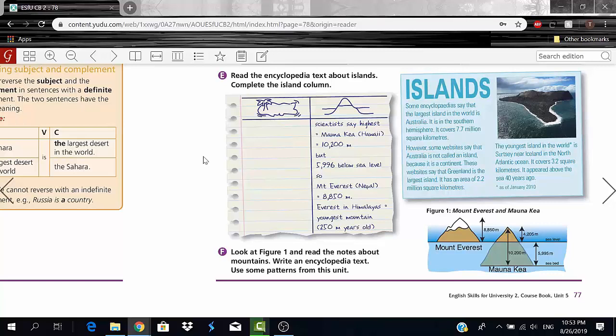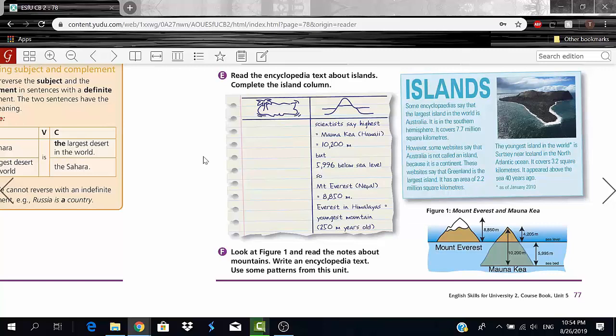Let's start. How big is Australia, you guys? That's correct. It's 7.7 million square kilometers. Okay? And where is it? Obviously, Australia. Where is Australia? That's correct. It's in the southern hemisphere. Okay? And why do some websites say that it's not an island? Can anyone tell me that? Because the websites say that it's a continent, okay?